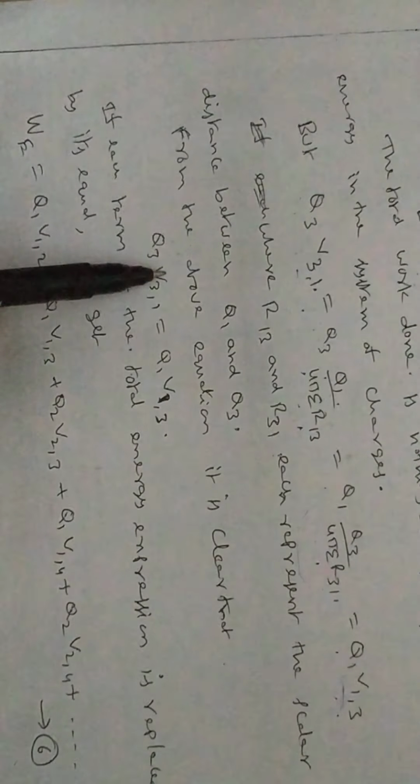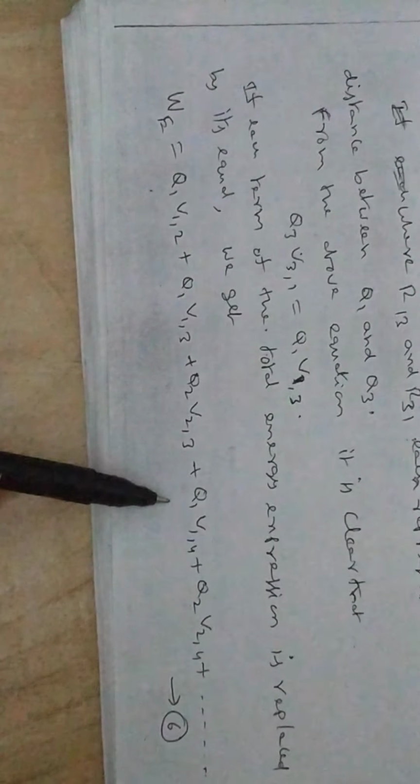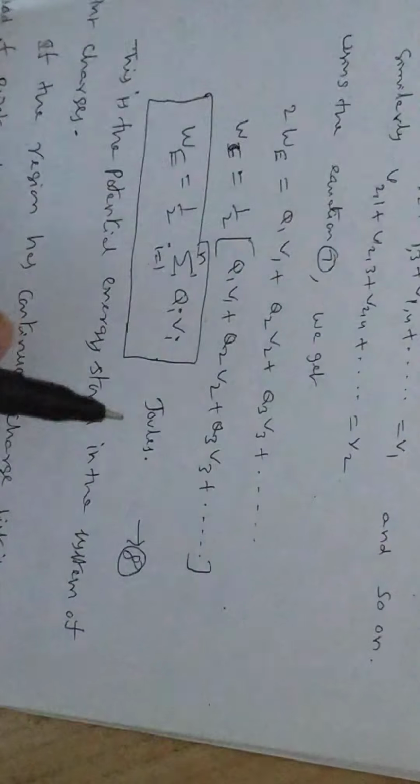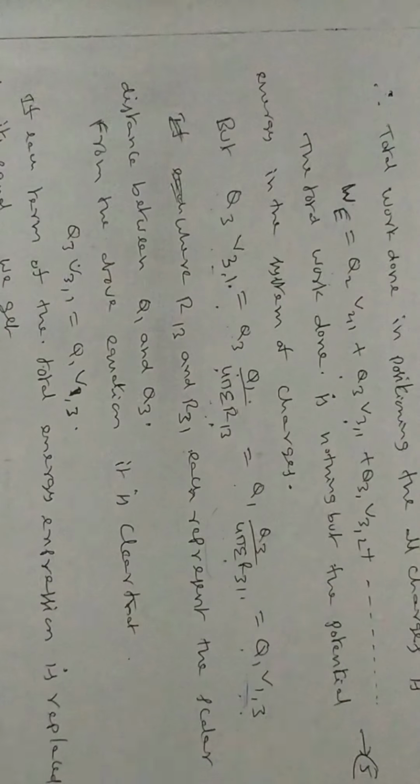Then substitute these things in the total work done equation. Then you will get one more complete equation, that is W is equal to Q1 V12 plus Q1 V13 plus Q2 V23 plus Q3 V31 and so on. Now rearrange the similar terms and add this equation, that is the sixth equation, with the fifth equation. Then you will get the total energy, 2W is equal to